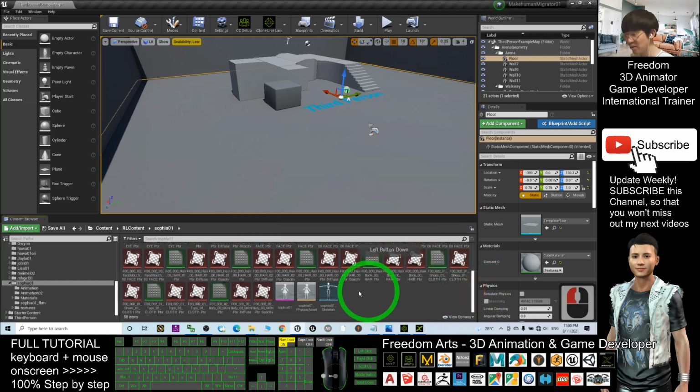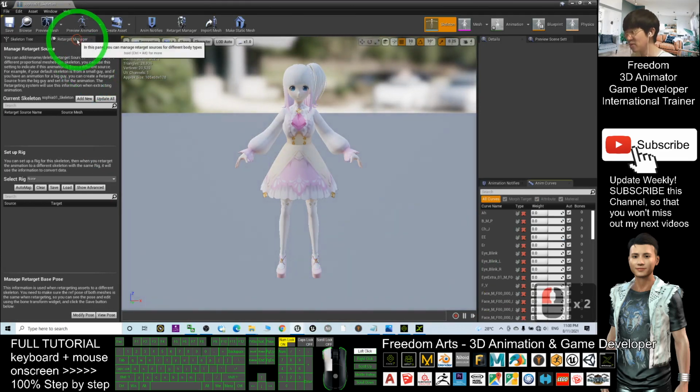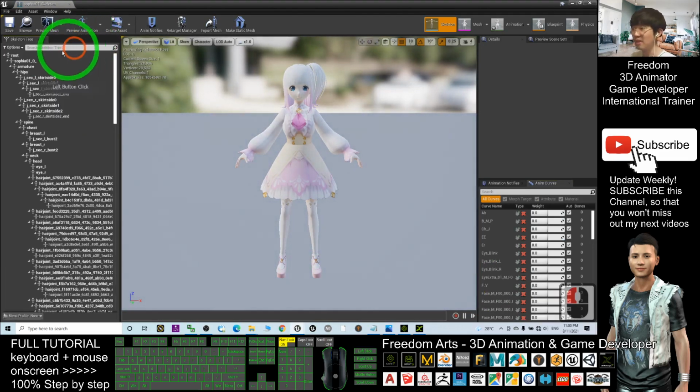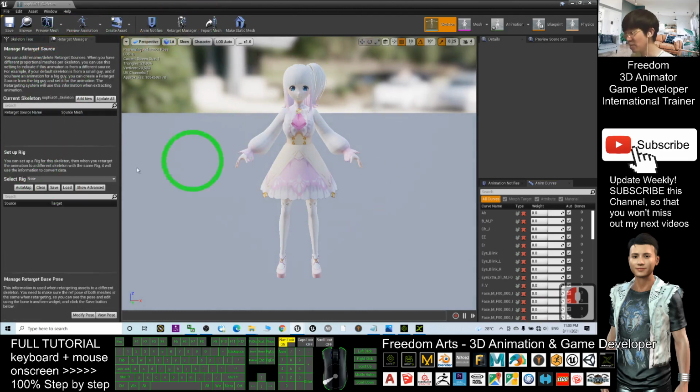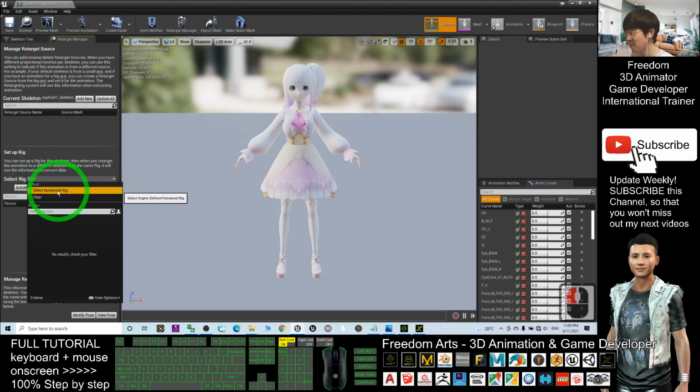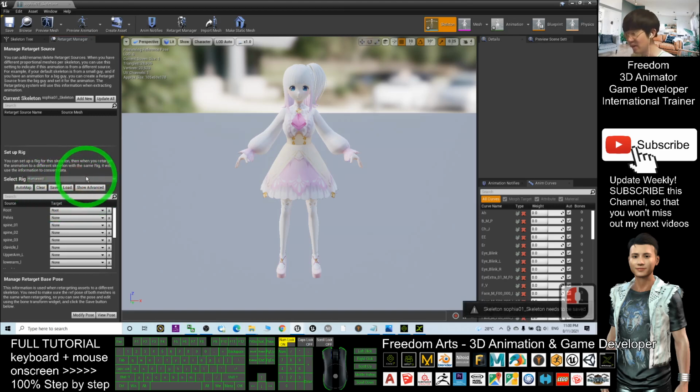Go down, go to her skeleton, double click in the skeletons. You should be able to see Retarget Manager. If you cannot see it, you have to click here. In Retarget Manager, you have to make her become the humanoid. And after that, you have to click clear. Clear everything from the target. And then click save,